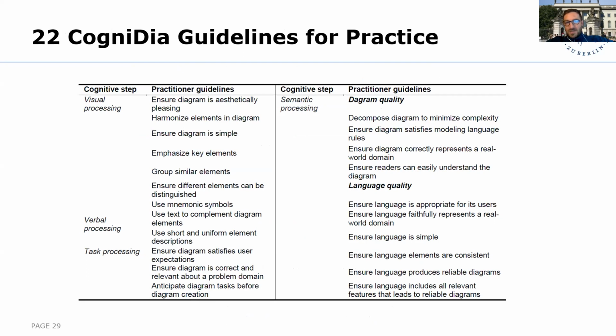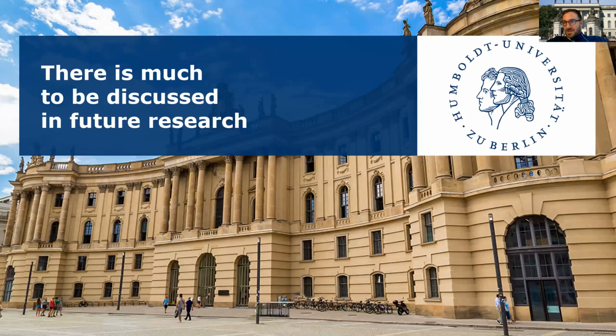And I think these guidelines provide a basis also for informing future research into methodological support for designers of diagrams, how far they can make use of these guidelines in training, but also for tools that can help designers to support them creating models that are good in all of these regards right from the start. All right, so that means I believe there's much to be discussed in future research,